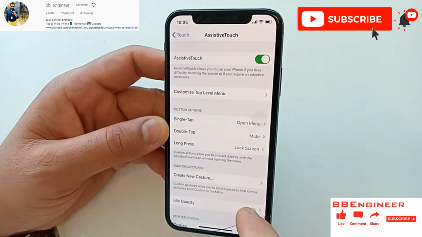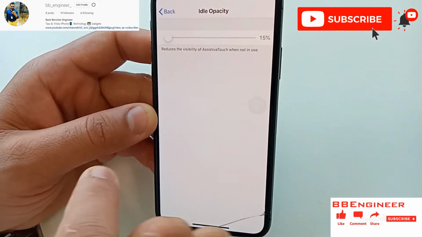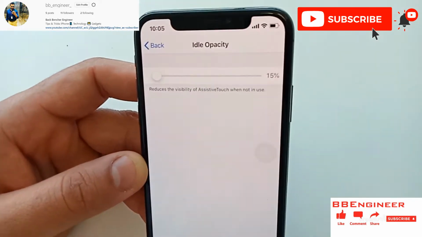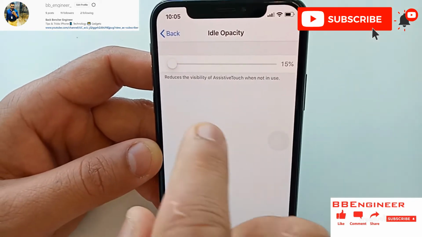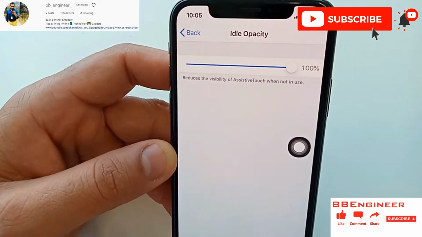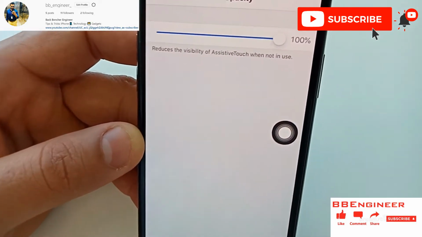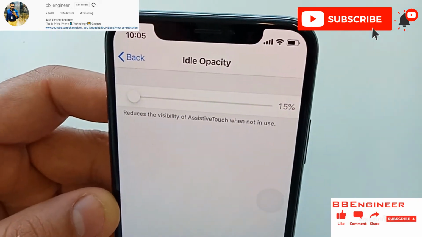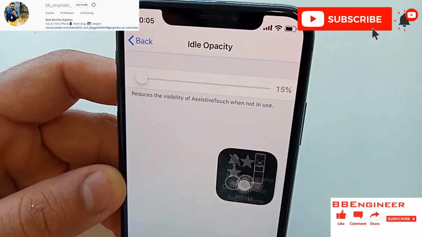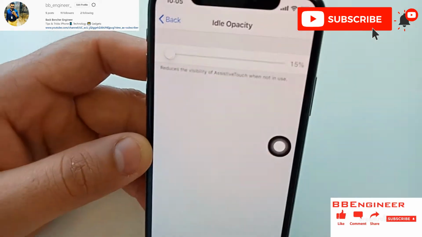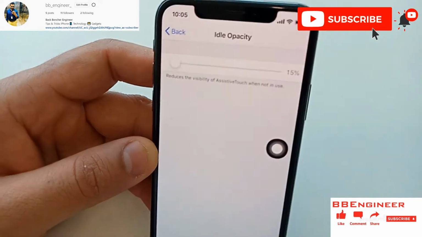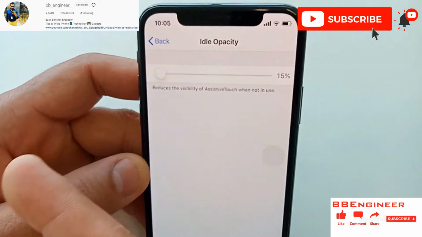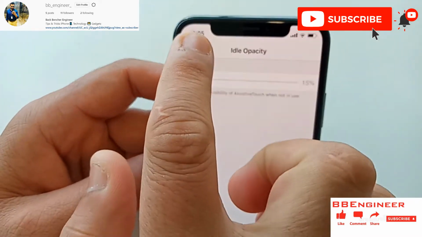If you want to make the highlight stronger, as you can see, a very dark color is showing. If you want to increase it, I will make it here. You can adjust it as per your requirement. Right now I'm making it very low, because if you click here, it will automatically become highlighted. So in this case I'm putting it at my recommendation. You will go to the minimum, make it back.